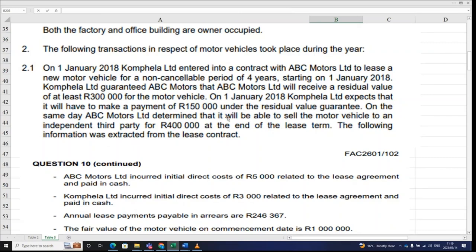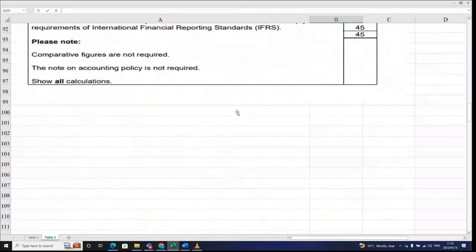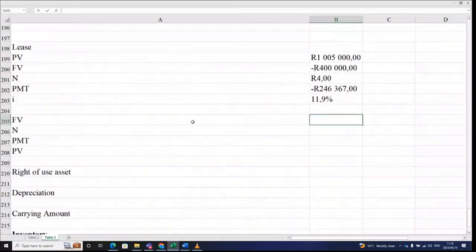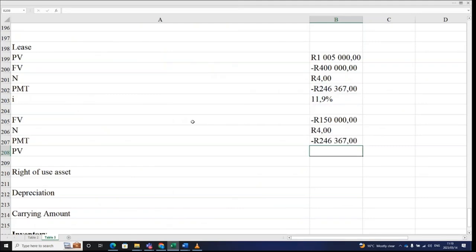Okay, so that's the obligation, so that's how much they are willing to pay for this. So it's 150,000 that they'll pay. The period is also 4 years. The PMT is the same as that, right? Then we work out the present value, which will be